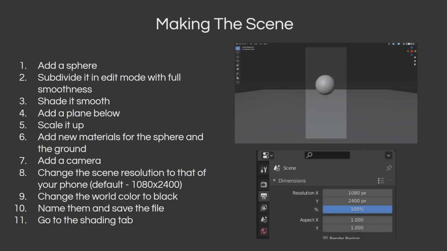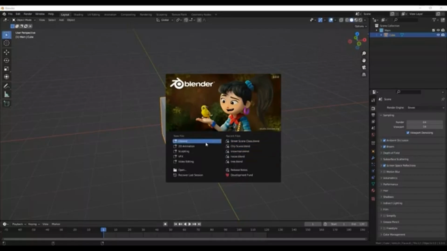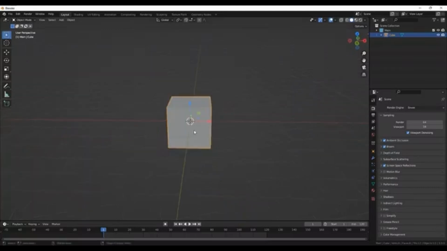So these are the steps we're going to be following today for our project, and I would highly recommend you guys to pause the video and try it yourself first before following along with the instructions. So we can start off by creating a new file, and we can delete the default cube